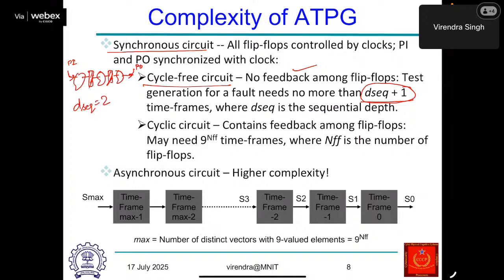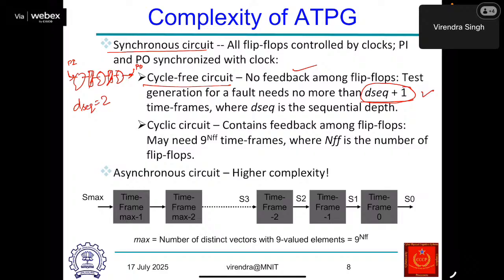Now, what should be the value of n, where I can say this is enough and I don't need to unroll more than that? And if I cannot generate the test vector within this, in that case I can call that fault a sequentially redundant fault. That task is easy if it is an acyclic or cycle-free sequential synchronous circuit,